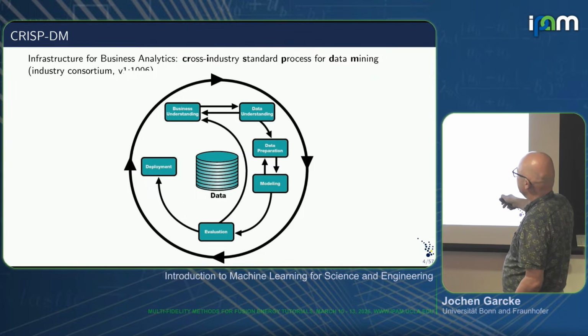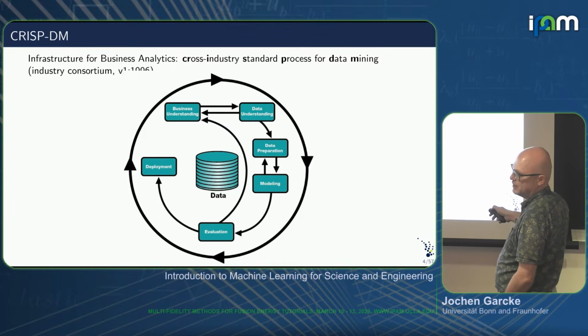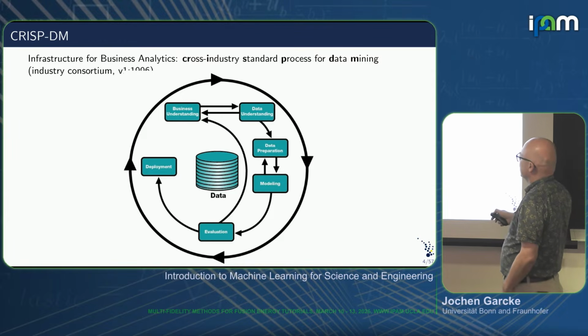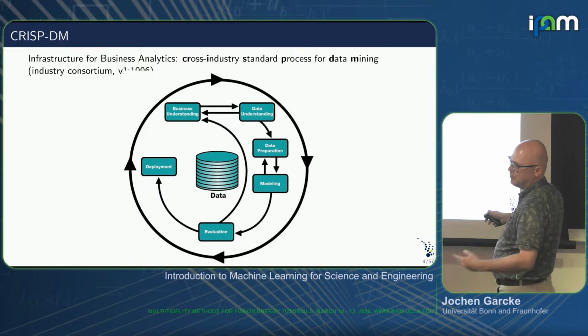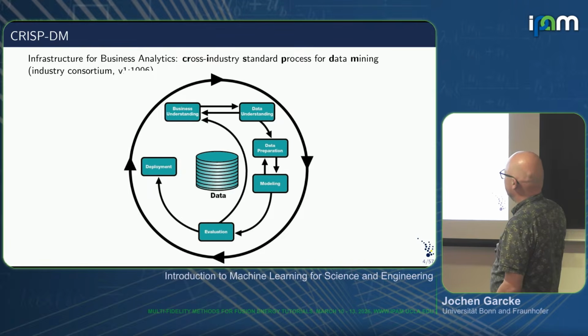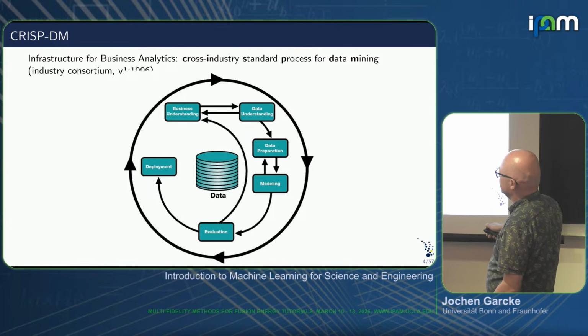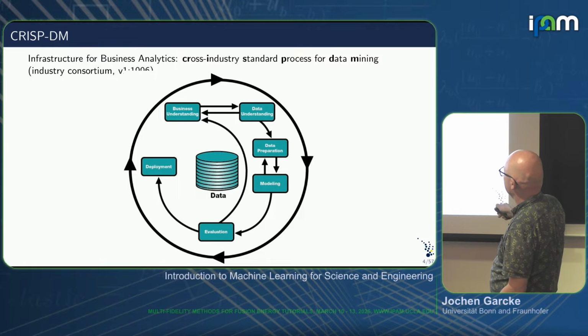Then the boring and time-consuming part, data preparation. Then the fancy part, modeling, which everybody wants to do, and nobody wants to do data preparation. Then evaluate, and then ideally deploy. But as you can see from the arrows,